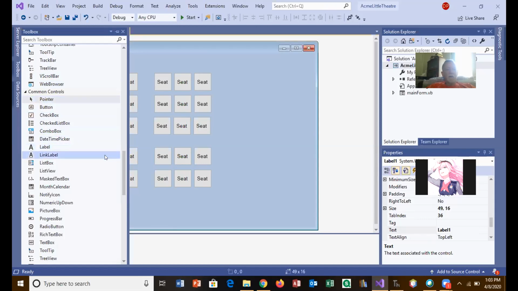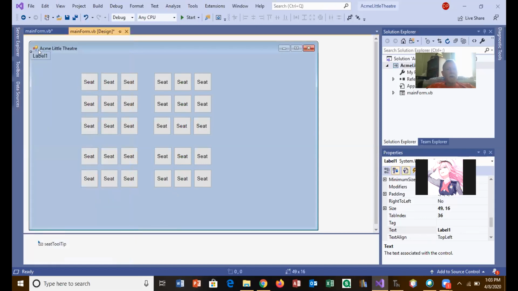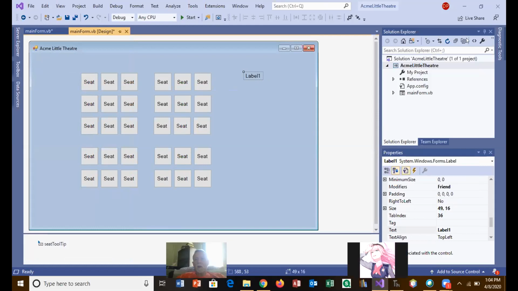Okay, so let's add a label. And for right now, I'm going to put it over here. And I think I'm going to call this label,